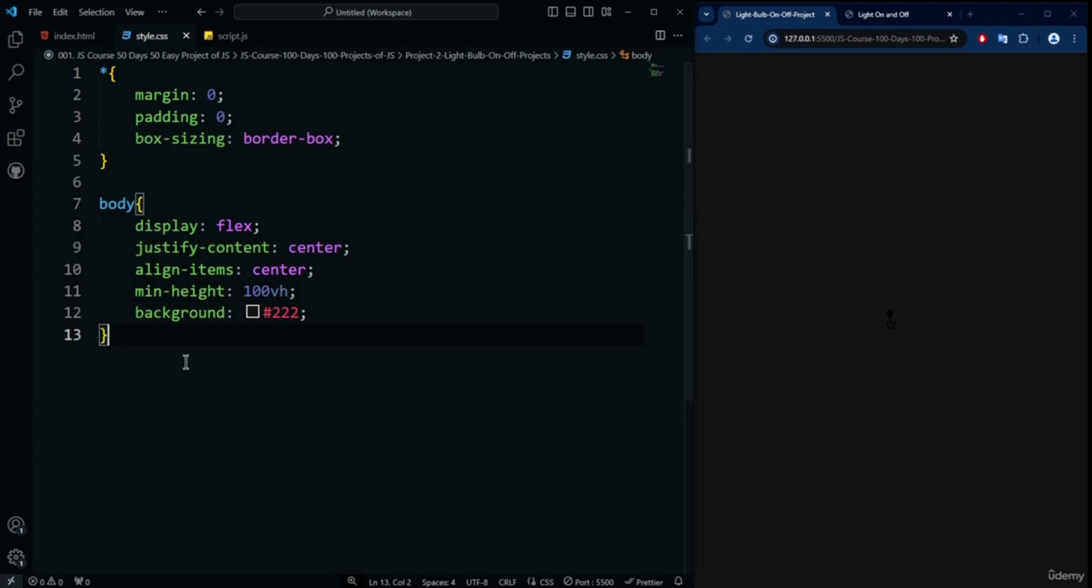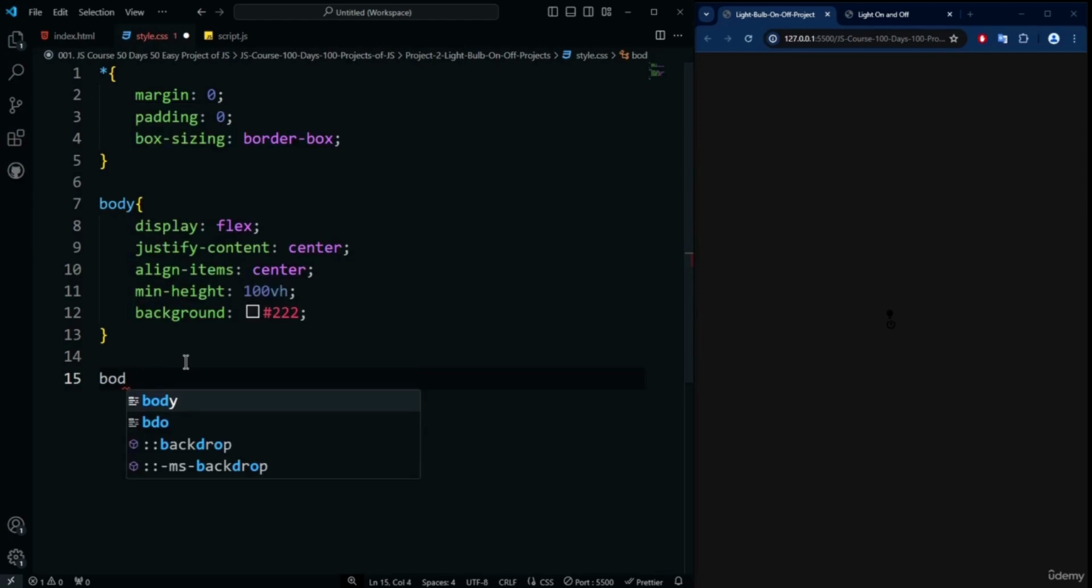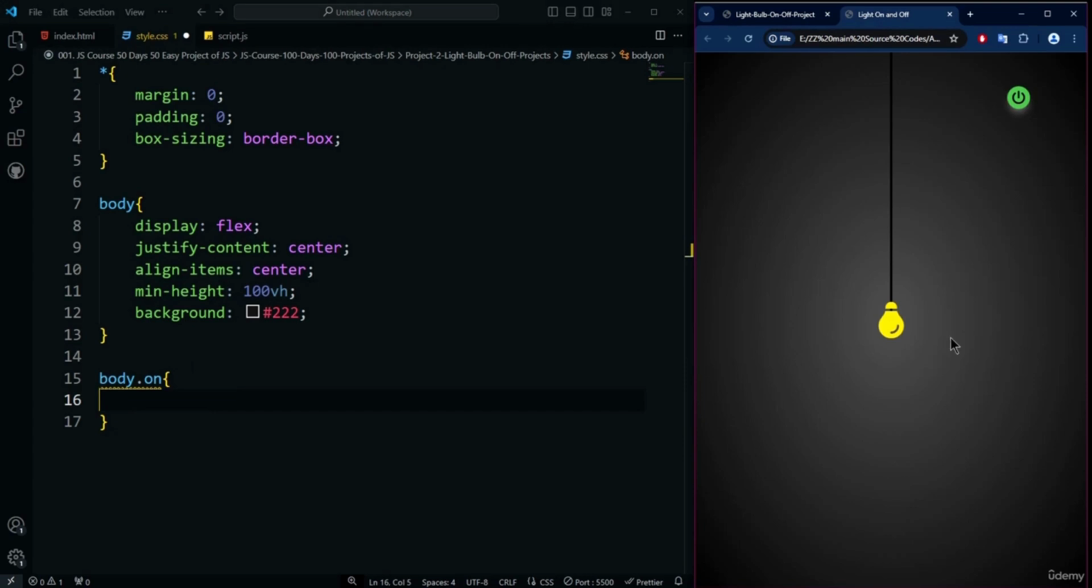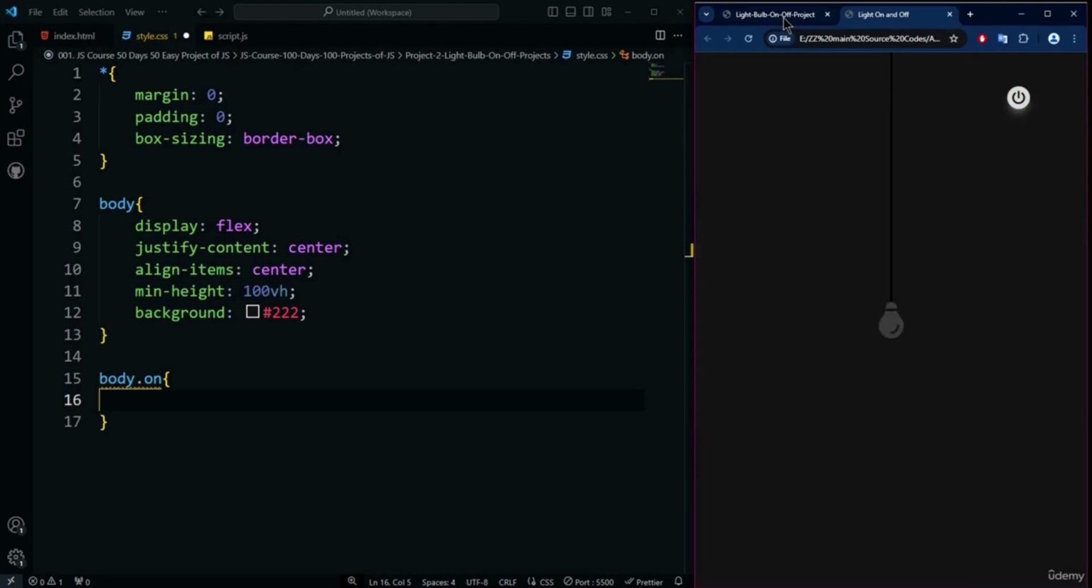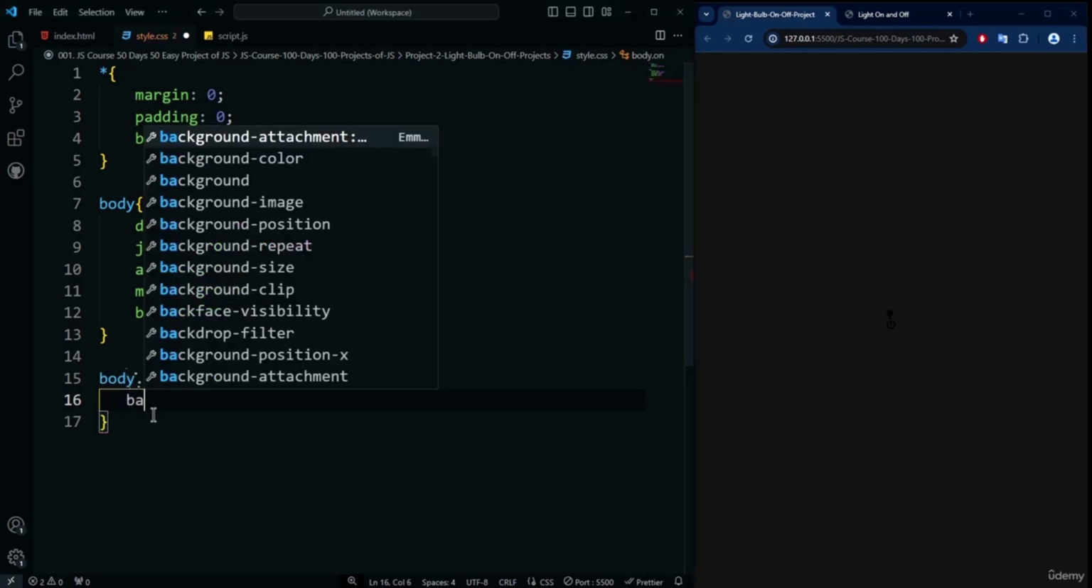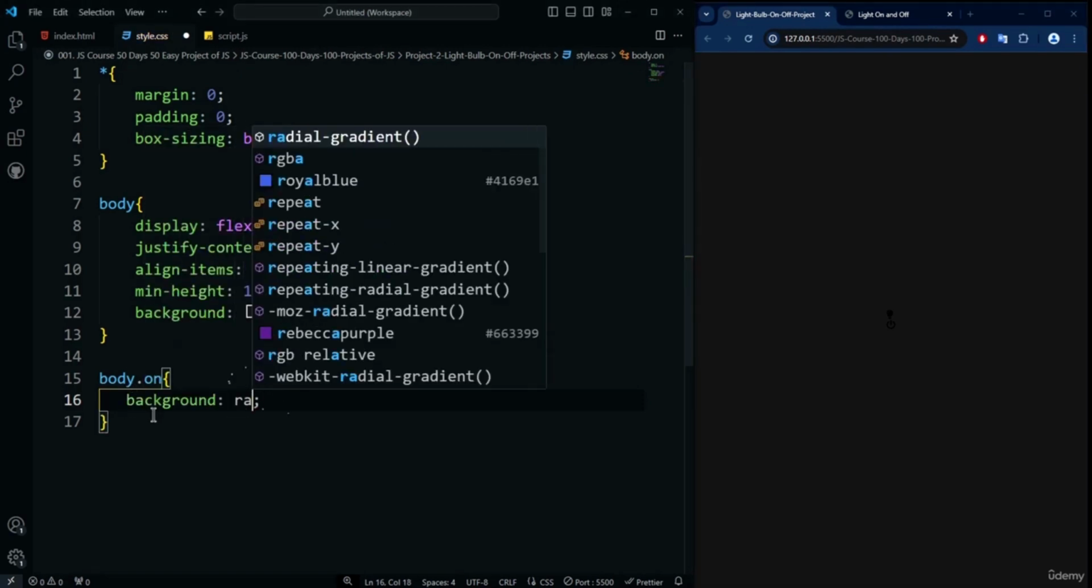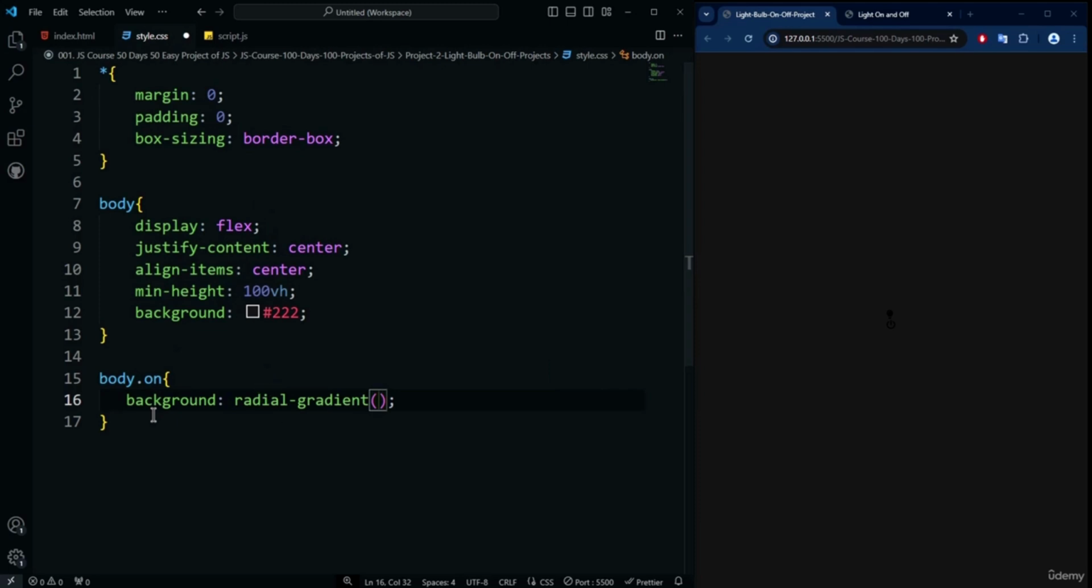Okay, now we'll be writing a CSS code, which is body.on. This will be the CSS code to represent this radial effect. If I close it and then turn it on, the on effect is achieved by using the radial gradient. So in order to achieve it, I need to use the background property. So background, then the radial-gradient function. Inside of that, I need to specify the color code hash symbol 3 times 5, then hash symbol 3 times 1. Once I did that, you can see nothing is going to change,